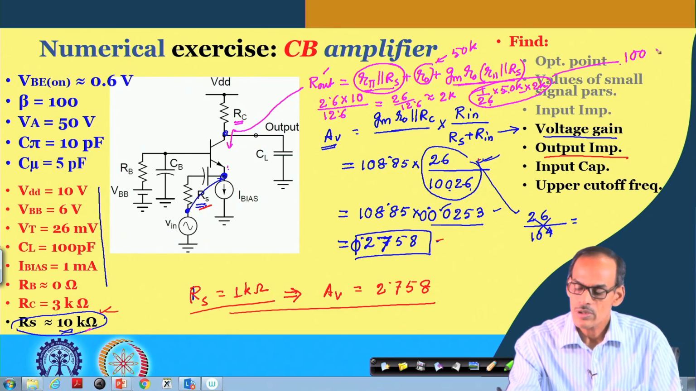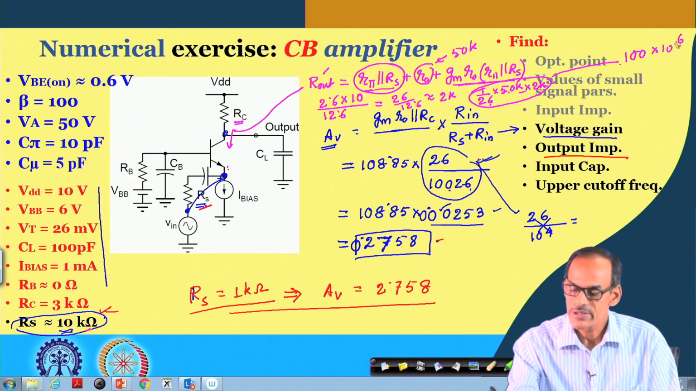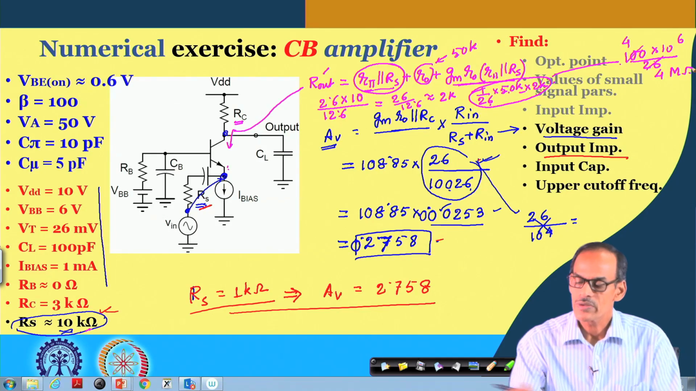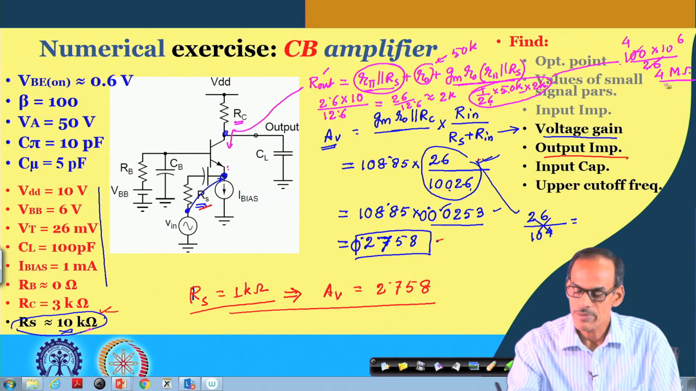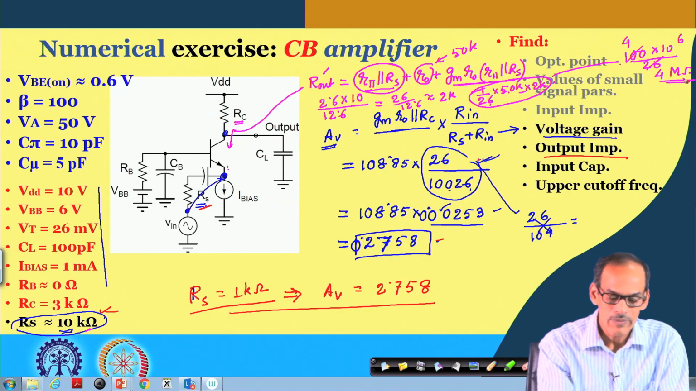So, into 10 to the power 6 divided by 26. Roughly, we can say this part and this part are close to 4, which means 4 mega ohms. That is quite big. So, by having this source resistance, we may get an advantage that this resistance is quite large, but then overall